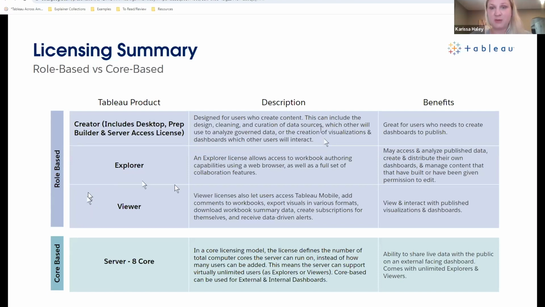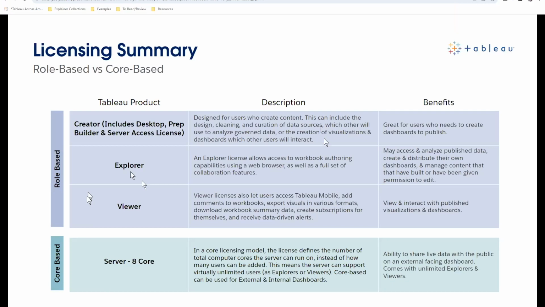There's a lot that can be done with that. You don't get that data prep. You're not able to connect into all different kinds of data sources, but you are able to connect into, if a creator has created a data source and put it on Tableau Cloud or a Tableau Server, you're able to connect into that. You're able to build dashboards and edit dashboards. So if somebody's created something and you're like, this is great, but I want to see a little more information, or I want to pull in another factor, you're able to go in and answer those questions.